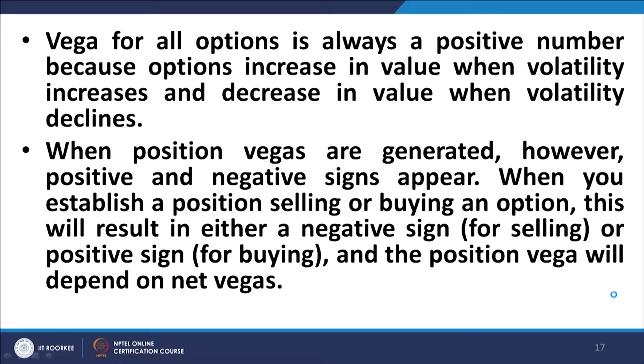Options obtain their value due to the uncertainty ruling in the stock price, the fluctuations in the stock price. Therefore, the greater the frequency and amplitude of the fluctuations, the greater the volatility, and the greater would be the price of the call option. Therefore, a long position in the call option will have a positive Vega, but obviously a short position in the call option will have a negative Vega.